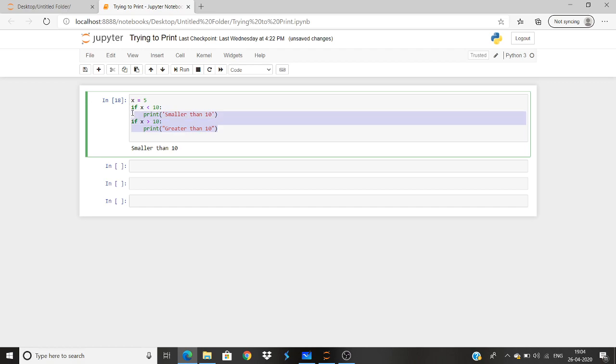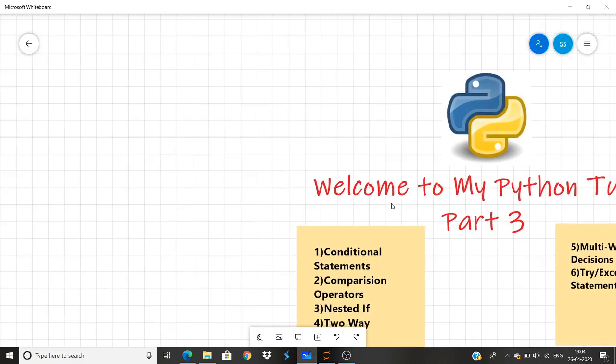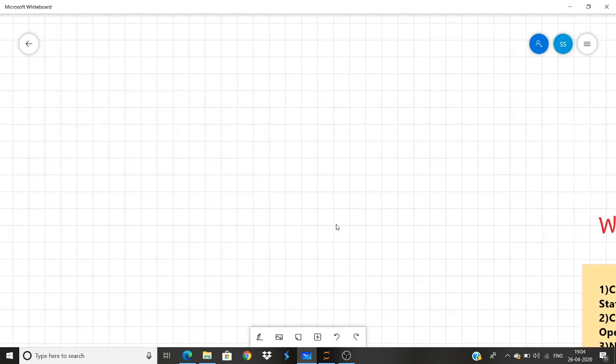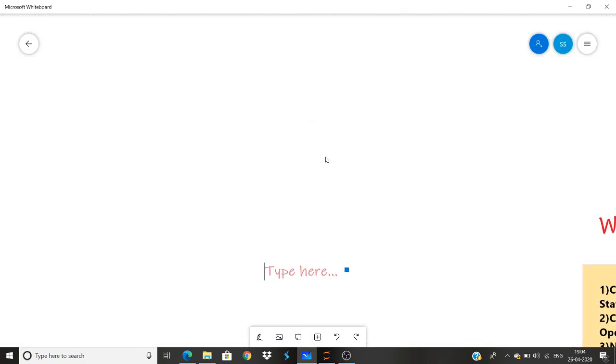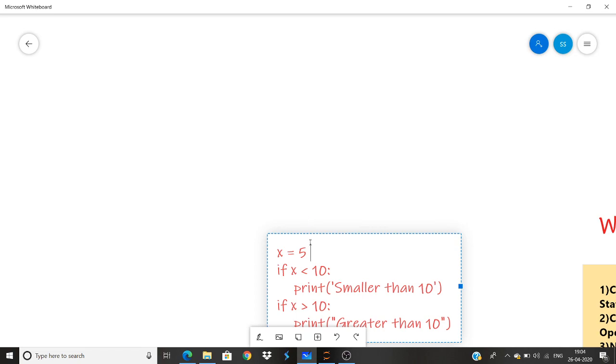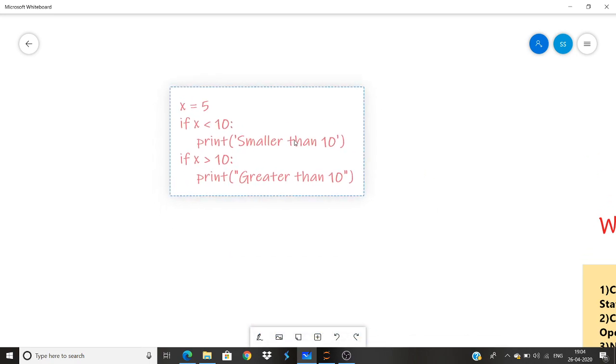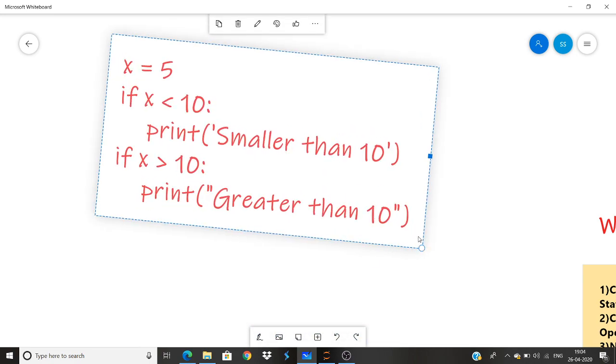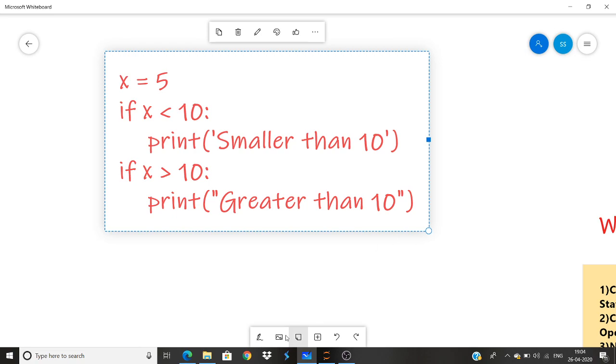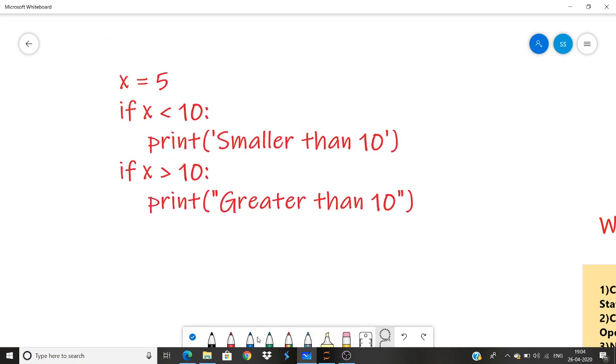Now let's understand what these statements actually mean. So we'll go back to our whiteboard, and let's see over here. What does this statement actually mean? x is equal to 5 means we are assigning the variable x the value 5.